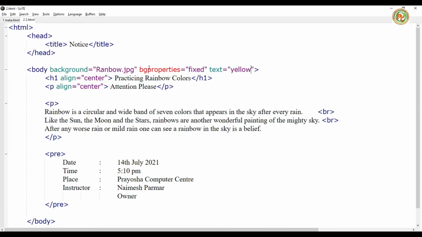So I hope you students understood this one very well. This is the basic concept of the body tag and some important head tags. And after this lecture we will learn how to create some new features like formatting characters, right? Then after that we will learn some use of these symbols also. So these kinds of things we will learn in the next chapter, but till then I hope you understood all the properties, how to set the background image, how to change the background and text colors and all that.